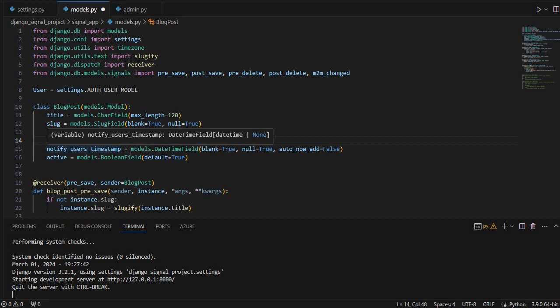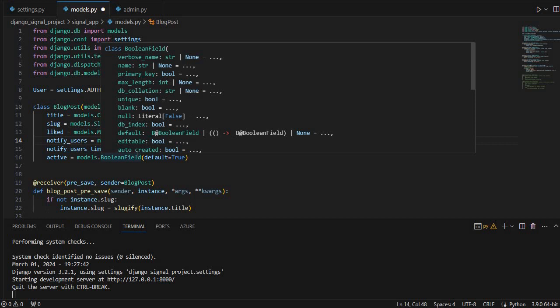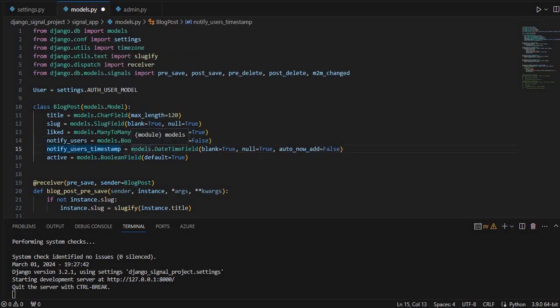This field stores the timestamp when the notification was last sent to the user. I am creating a field with the name notify_users_timestamp, and from the models class I am